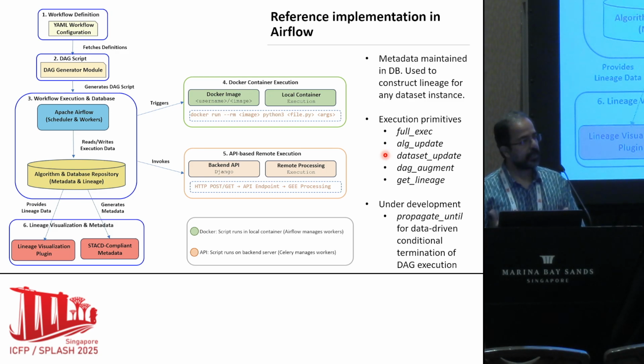Similarly, dataset update, DAG augment, where you can augment the DAG with more nodes and edges, and internally we figure out which ones need recomputation, and we recompute. Then some more things that will be very interesting. We're trying to work on these things: define how far this recomputation should progress,